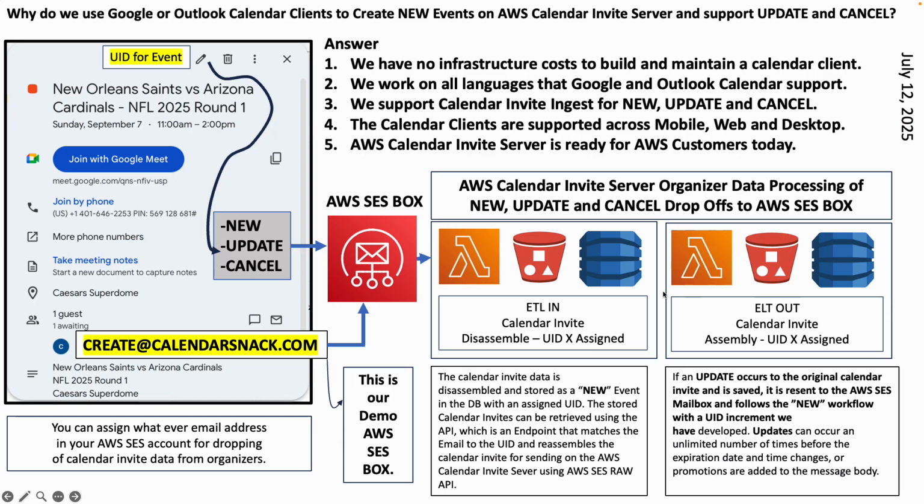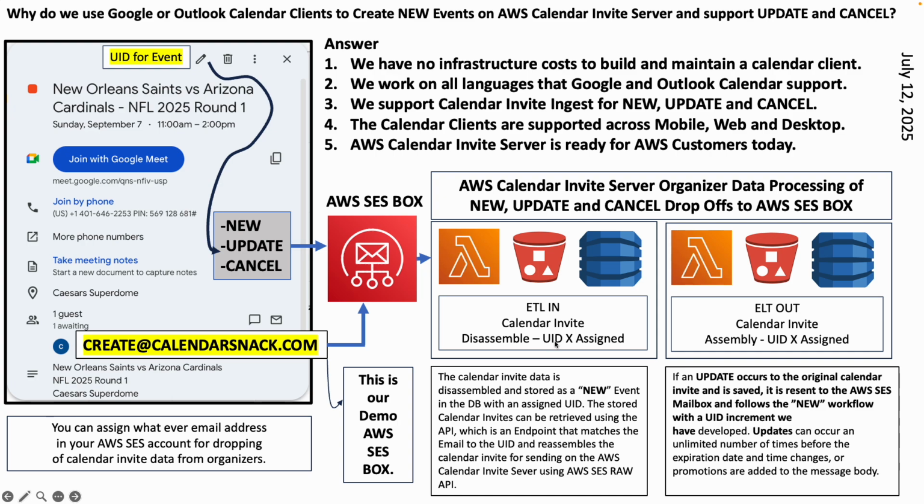Now, specifically as we dive one level deeper, every UID for an event is etched into a calendar client. You do not see that data, but we understand where that UID is assigned, and because we capture it in the AWS SES box, we're able to track it. So anytime you send data using a calendar client from an organizer, we track the organizer by email address, we track the individual UID, and all that data is stored and disassembled using a principle of the UID itself, and